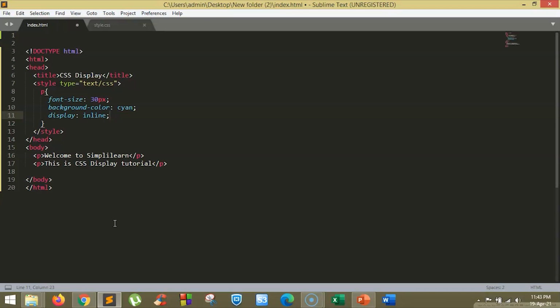The next property we are going to discuss is the inline-block value. The inline-block value is a hybrid of inline and block elements. Elements assigned display inline-block appear on the same line with other inline elements, a characteristic of inline elements. However, inline-block elements are also like block elements in that you can change the width and height in CSS. Now if here we try to change the height and width